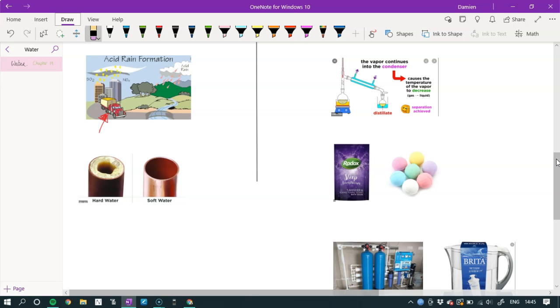So in this particular picture here, you can see the hard water deposits caused inside the pipe. A house with hard water, your pipes are often like this, and it leaves a deposit on the inside of the pipe. If you have soft water, you're going to have no deposits on the inside of the pipe. Because of this hard water,